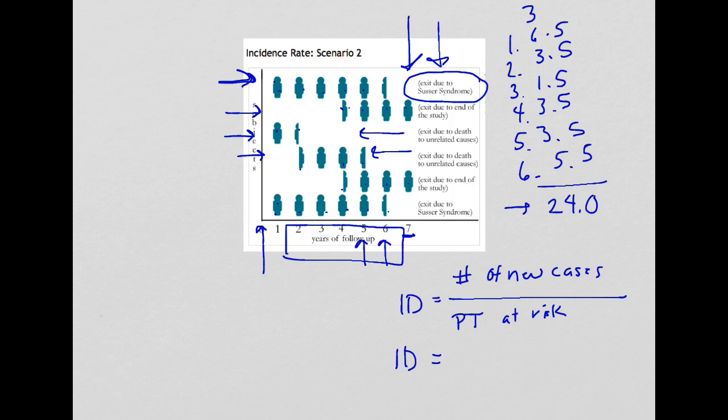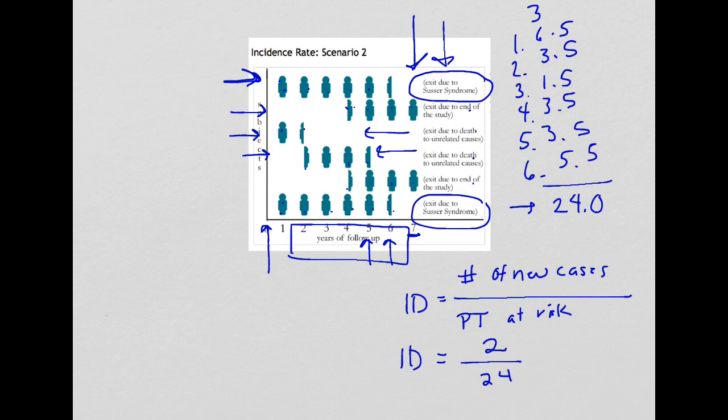Here, this person just was with us till the study end. This person died due to unrelated causes. This person died due to unrelated causes. This person stayed with us to the end, and this person exited due to our outcome. So we have 2 new cases of our outcome of interest divided by 24 person years. So that equals 0.833, or 8.3%,